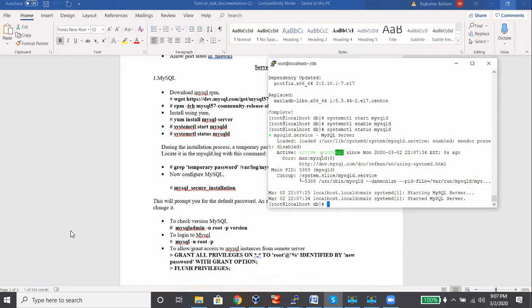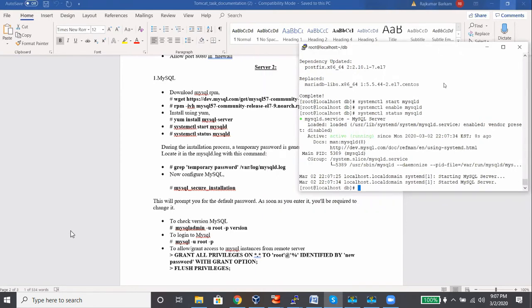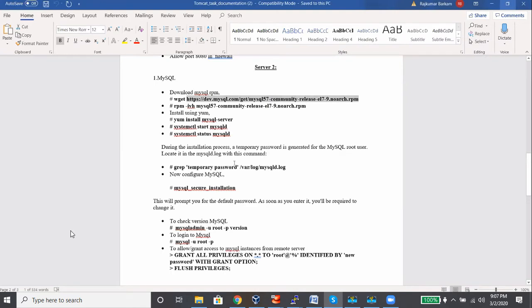Okay, it's actively running. Now I have to configure this. Basically, the steps are: I just downloaded the RPM file, installed this Apple release, then installed MySQL server, started and enabled the service.